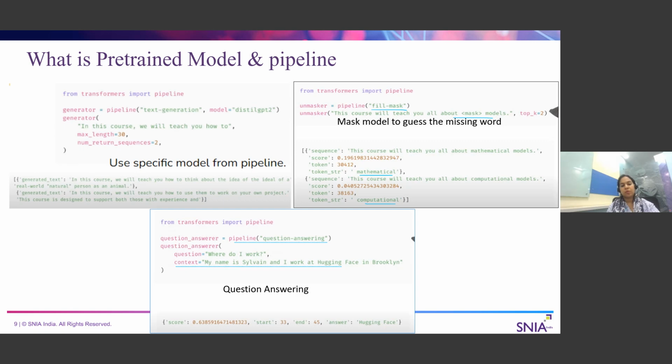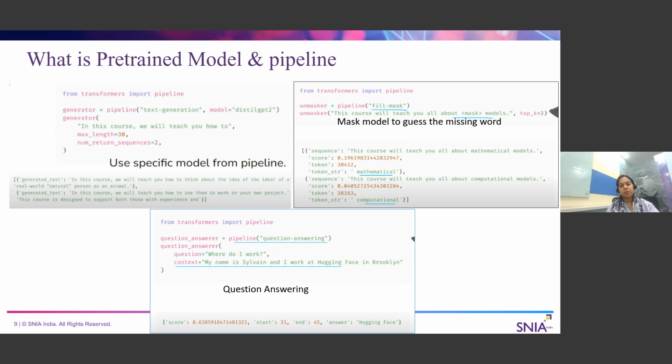Whenever you're working with a model, we need some pre-processing and post-processing. All these tasks are encapsulated within a pipeline, so that as a user, when someone is using this model, his task is actually very low. He can easily pull a model using pipeline and use that. So here are a few examples. We'll try to understand how this happens.